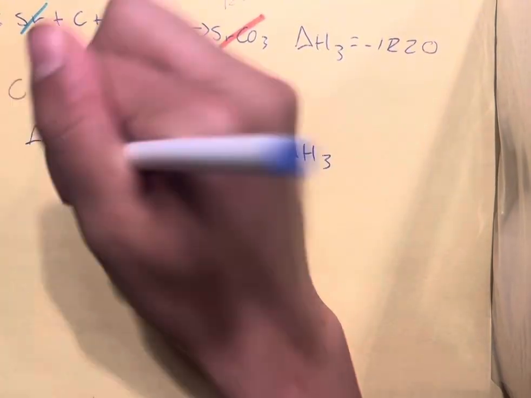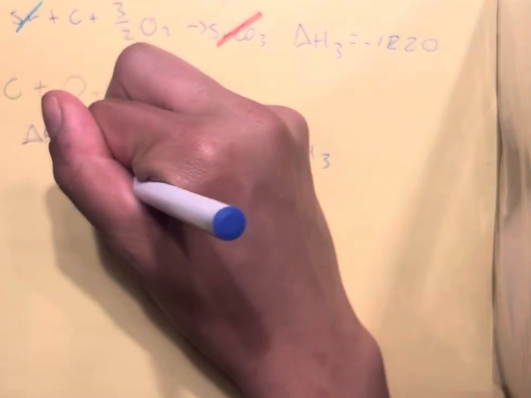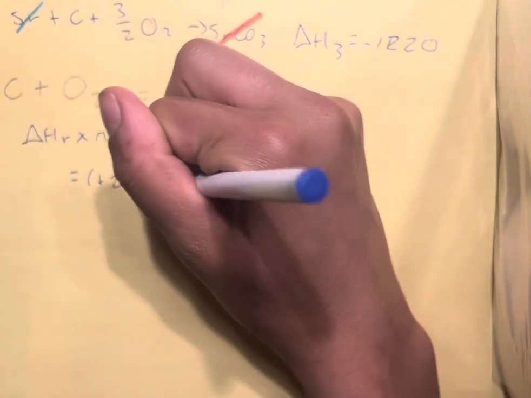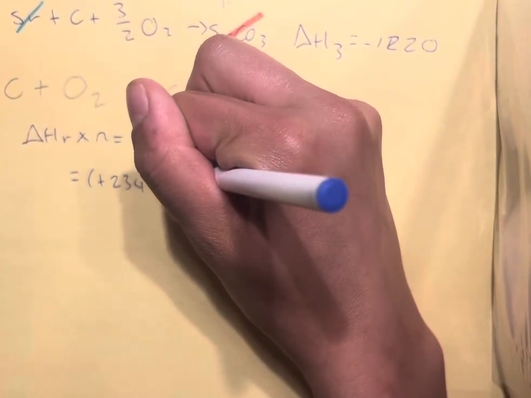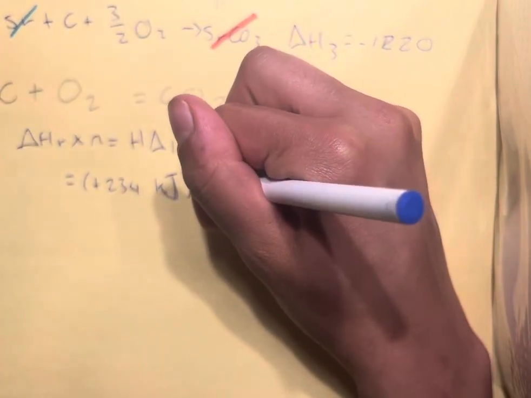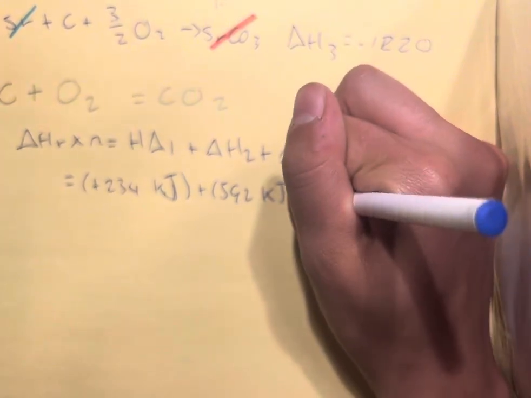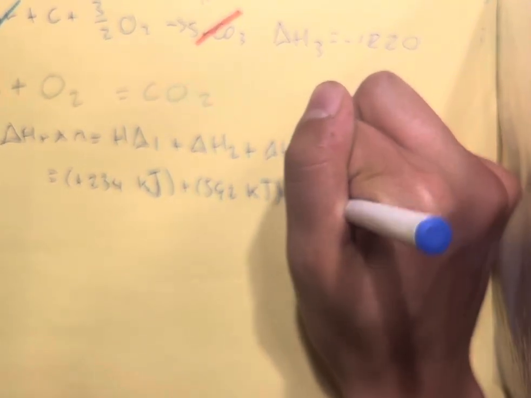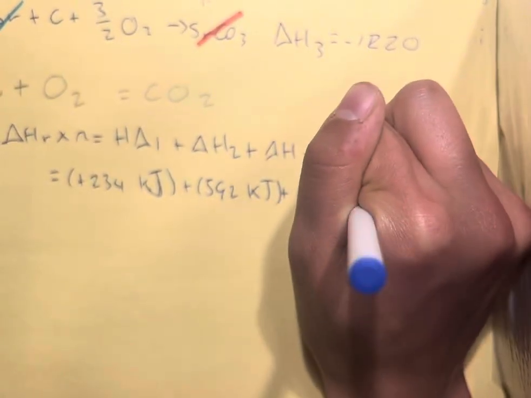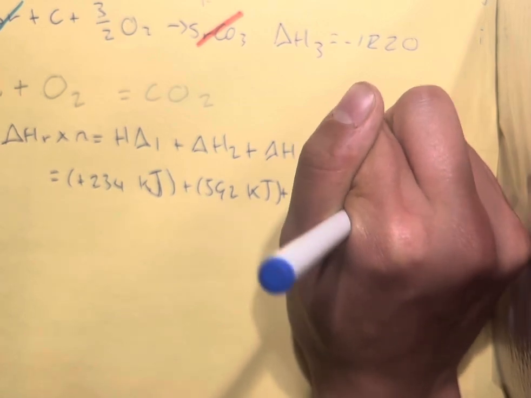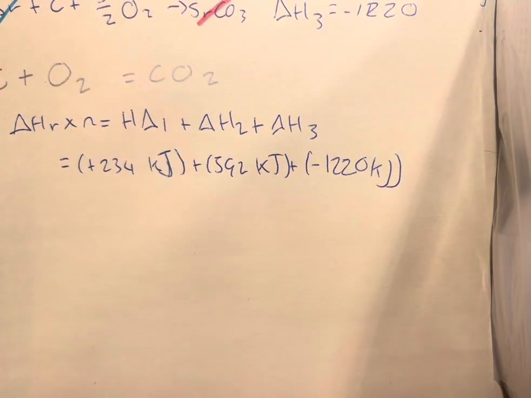So if we take our values there, we're going to have plus 234 kilojoules, plus 592 kilojoules, plus negative 1,220 kilojoules, and then that's going to equal